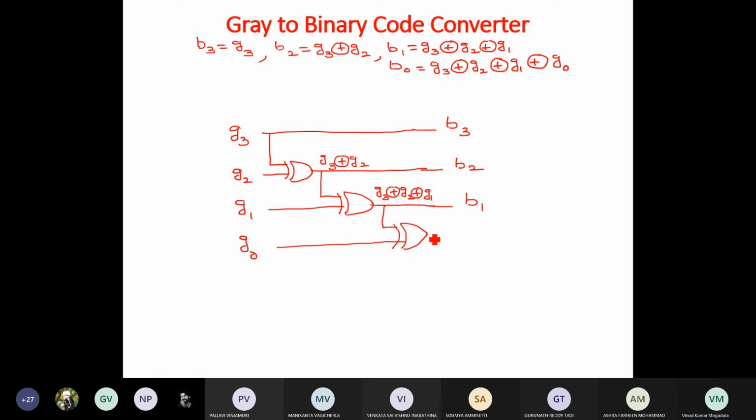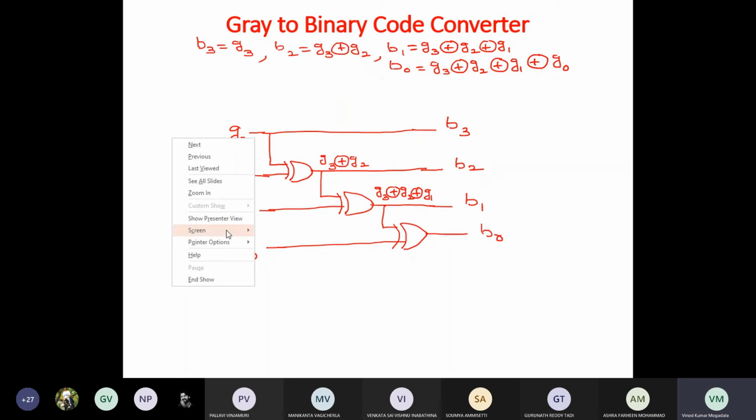So this is B0. So this entire circuit, if you give gray code as input, it will give you the binary code as output.